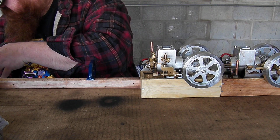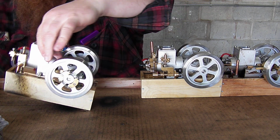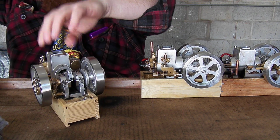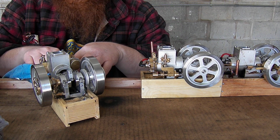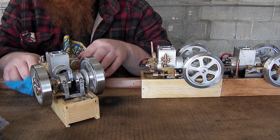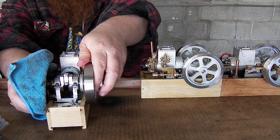But yeah, so I think that's why this one tends to run through fuel so fast. So